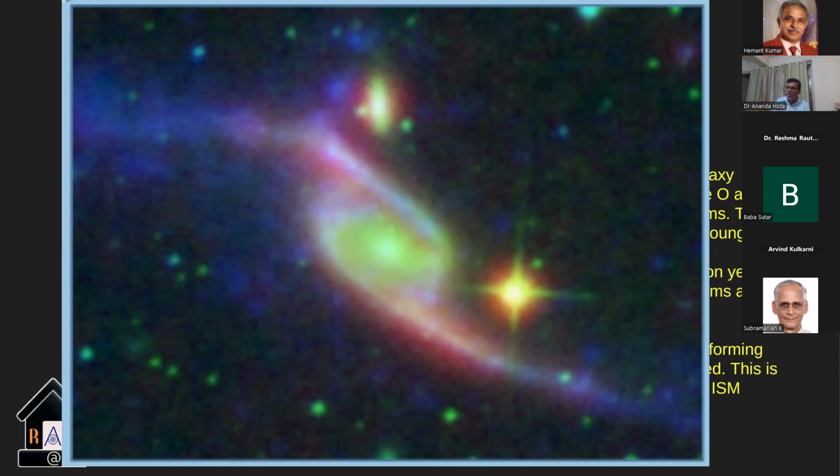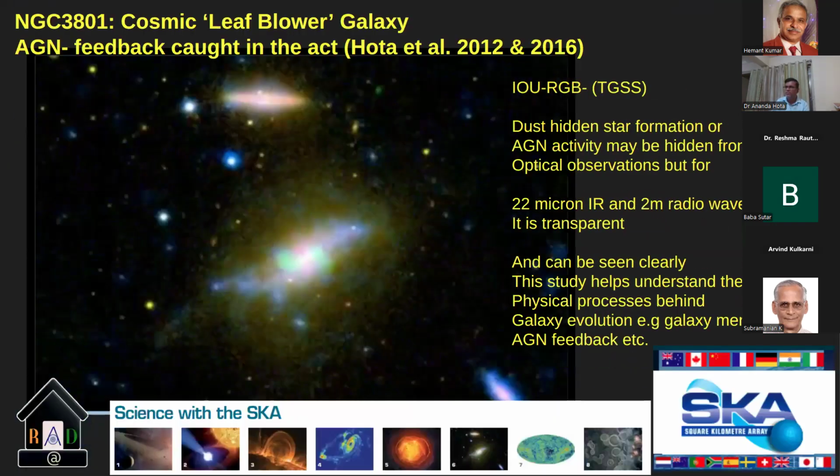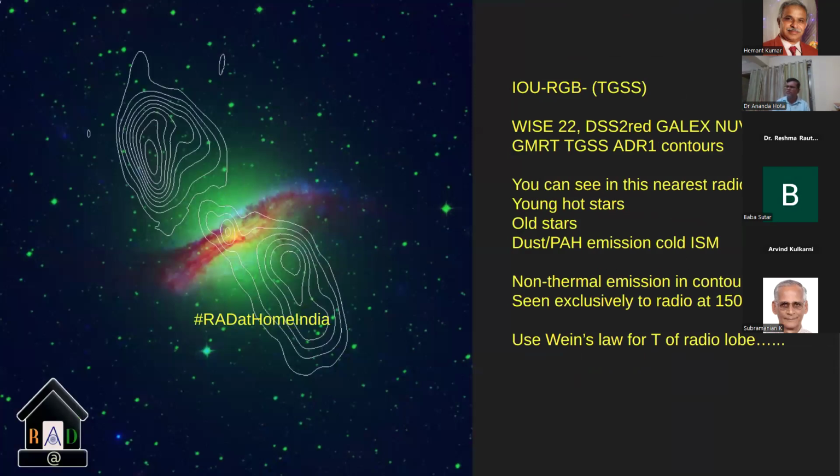If the galaxy is showing a jet, for example, this galaxy, the center of, say, an elliptical galaxy: ultraviolet, young stars, fine. Red looking thing, dust, fine. Green looking thing, very old, several billions of year old star, fine. But the radio emission is shown here in contour, the contour lines. It has no star, no gas, no dust. It is only relativistic plasma that the black hole accretion process is shooting out.